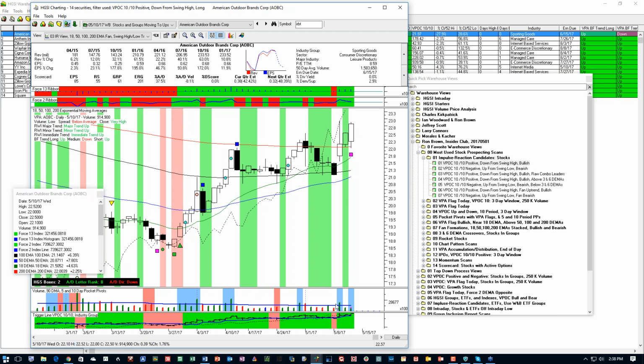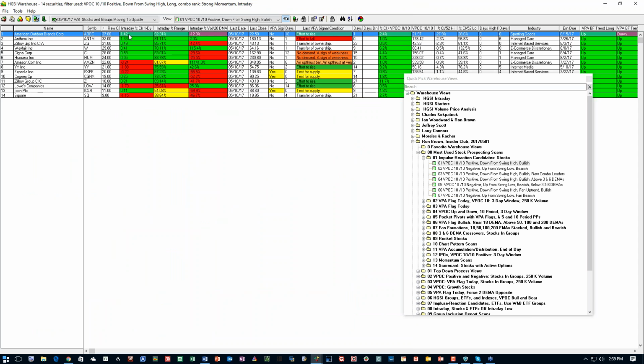What other things are going along with this? What other confirmations? There's a pocket pivot there, pocket pivot there, pocket pivot today. Here's a test today. Here's your IR, the group's moving up. So it's got a lot of things going for it. That's why it appears. Now let's go look at the combo. Why is it at the top of the list? Because this is the best fit